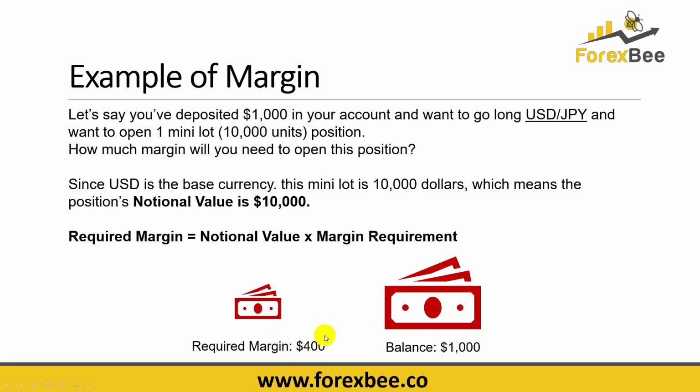After your trade is finished, you will have either profited or lost some money. If you have profited, the broker will put your profits along with your margin back into your account balance. So let's say you started your position with $400 margin and your remaining balance was $600, and you made a profit of $50. After conclusion of your trade, you would have $1,050 in your account, because the $50 profit would also be added back.